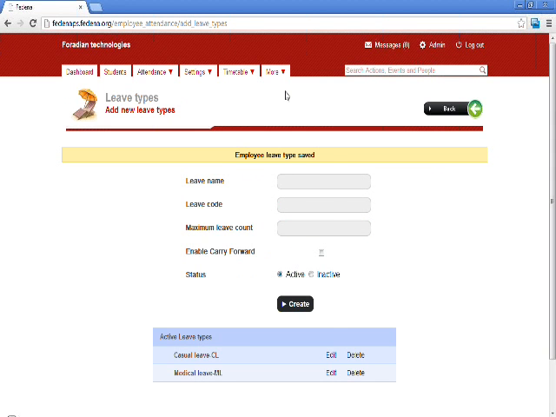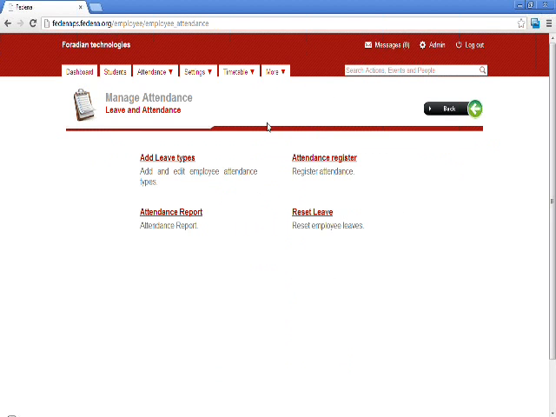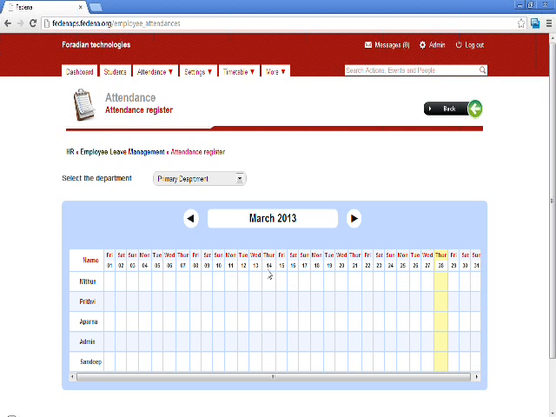So once we add the employee leave details, the next one is the attendance register for the employee. We can get the attendance register for the employees here according to the department. So this will be the attendance register. And consider this particular employee is on leave on this particular day. If without any prior notification, an admin wants to mark the absence, click on the date,